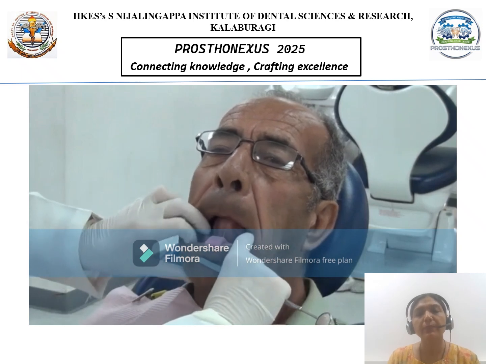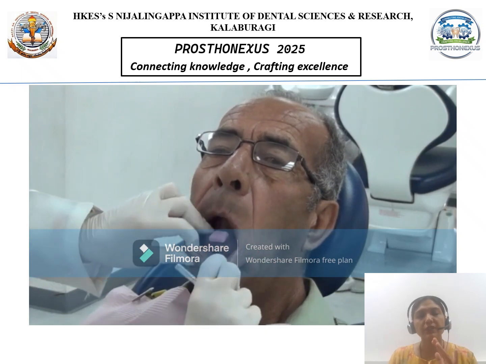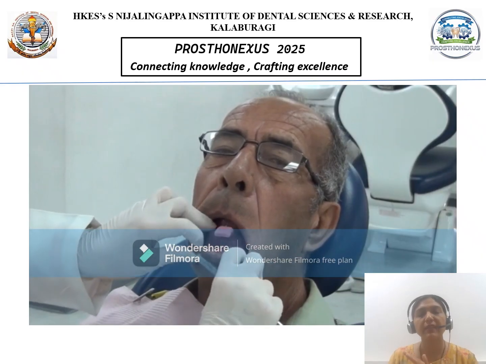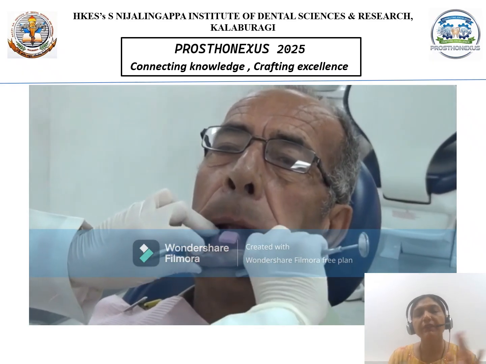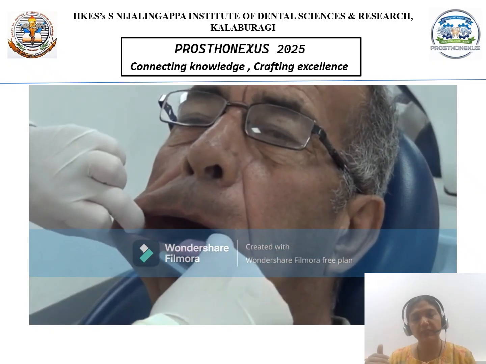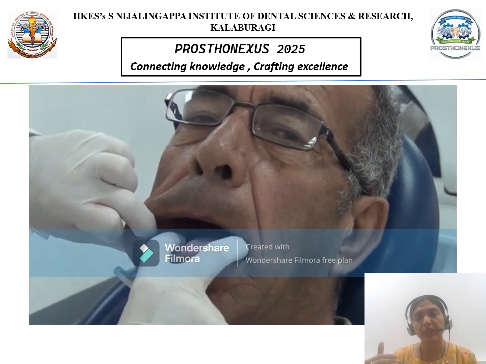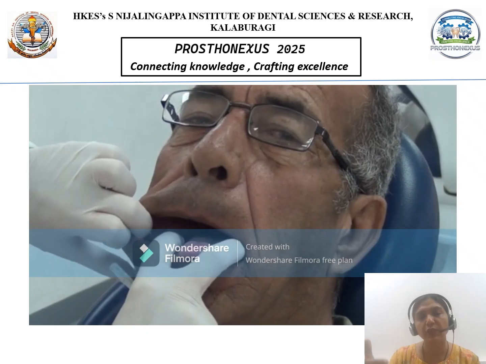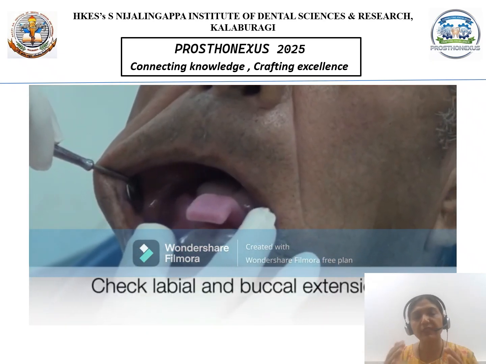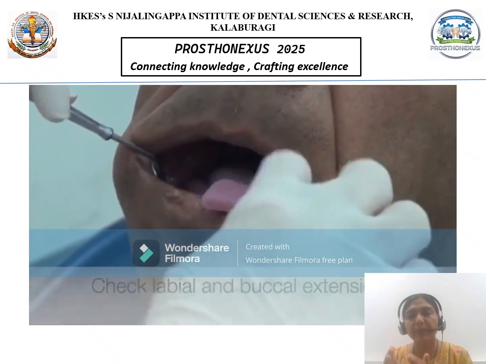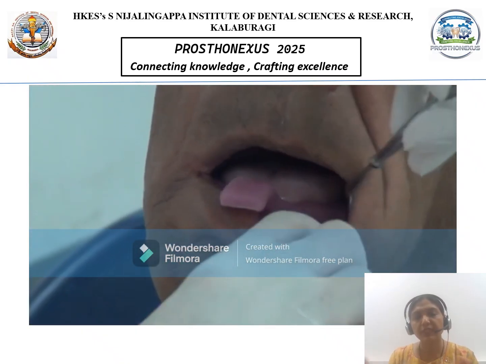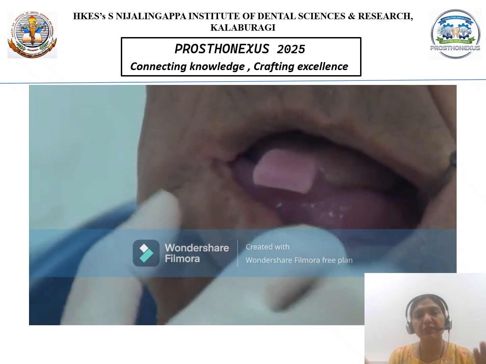So here the patient is asked to lift the tongue up and move on either side, left lateral and right lateral. When we do that at the area near the posterior and the middle mylohyoid area, that is the retromylohyoid and the middle mylohyoid region, your alveolingual sulcus is divided into anterior, middle and posterior. So at the middle and the posterior, if there is the lifting of the tongue, that means the tray is